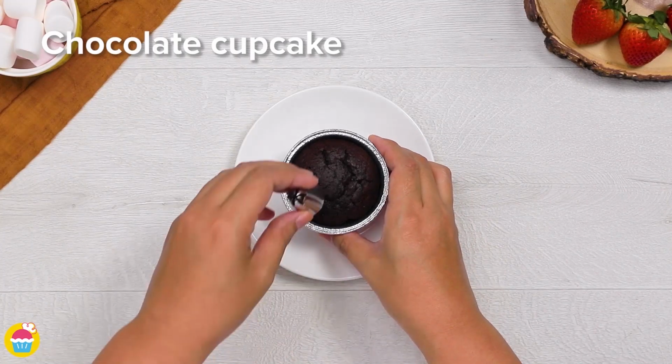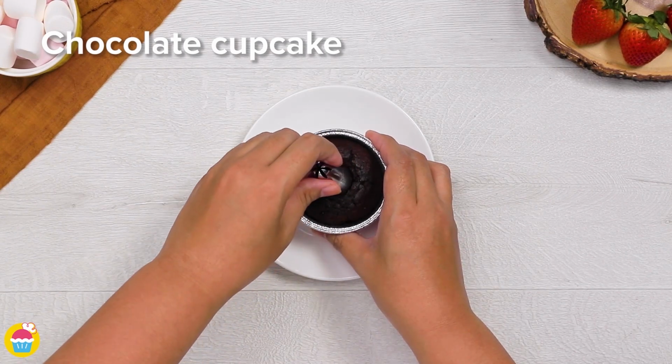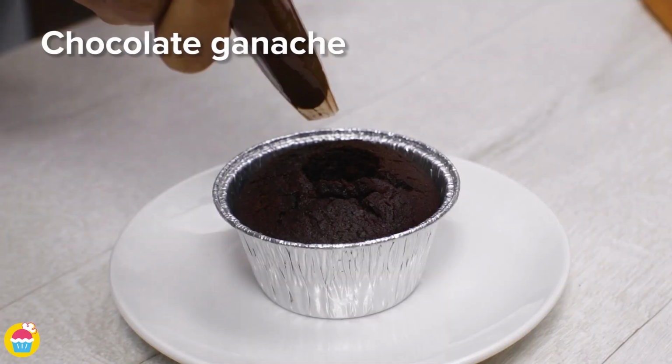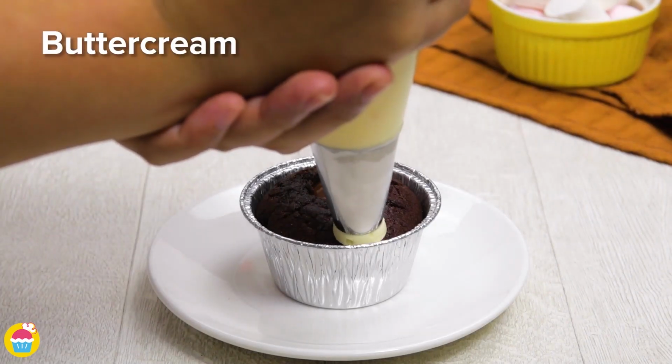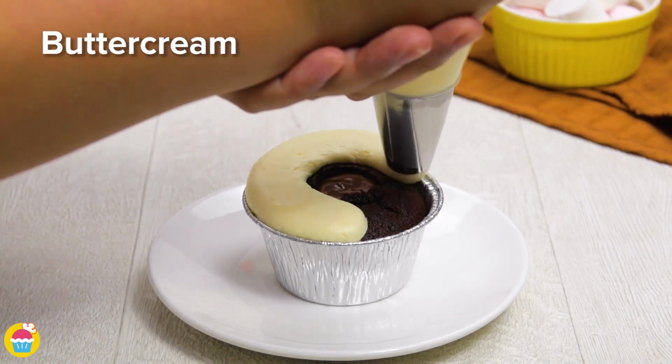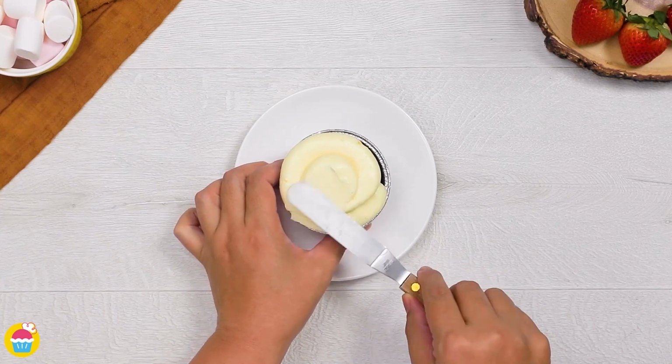Now we get our chocolate cupcake, cut out the centre, for a nice surprise of chocolate ganache. Or you could even use Nutella or something else in the middle if you like. Then we're going to just cover that with buttercream icing, piping it on. Now we spread it out evenly